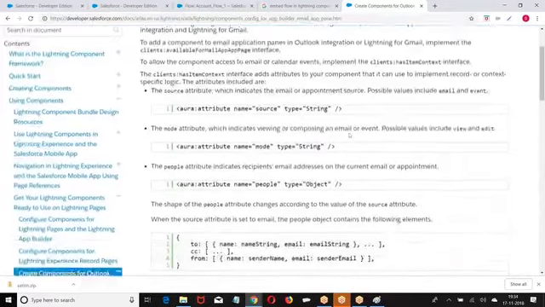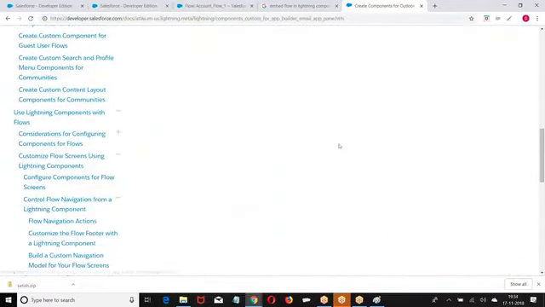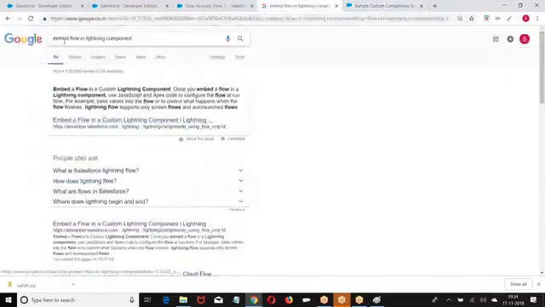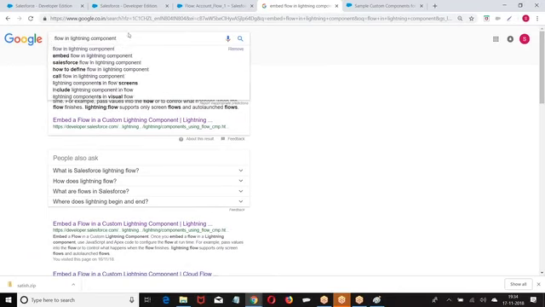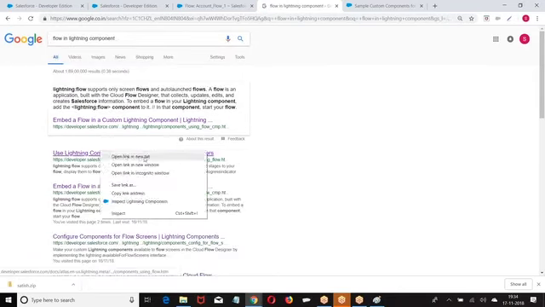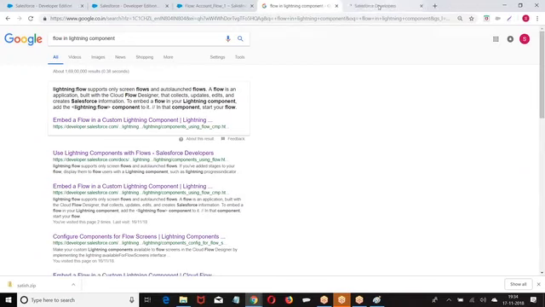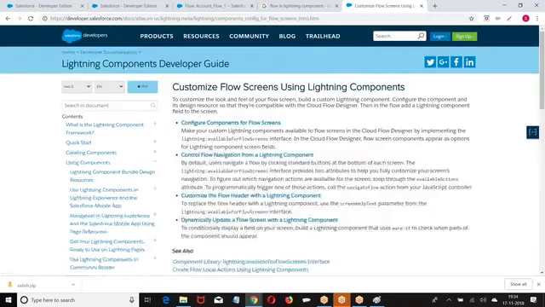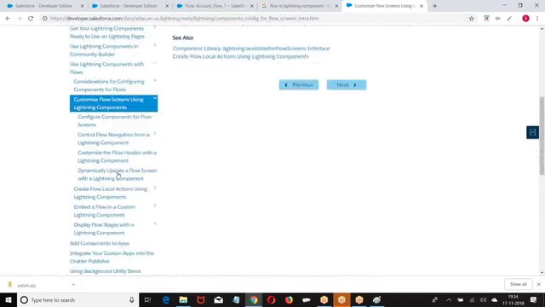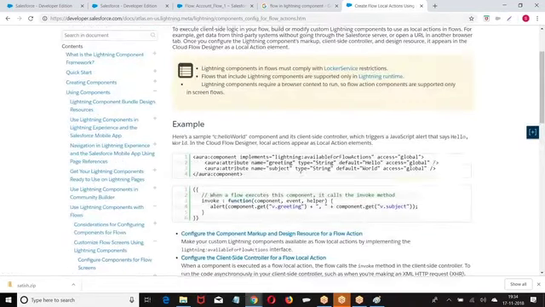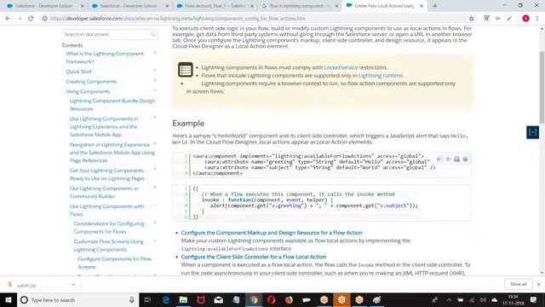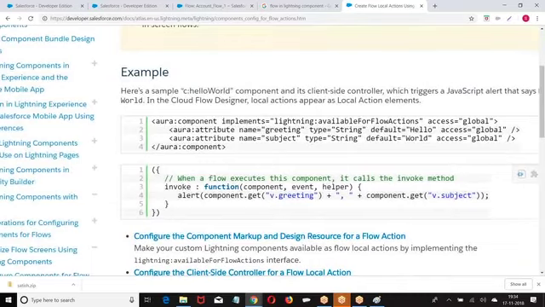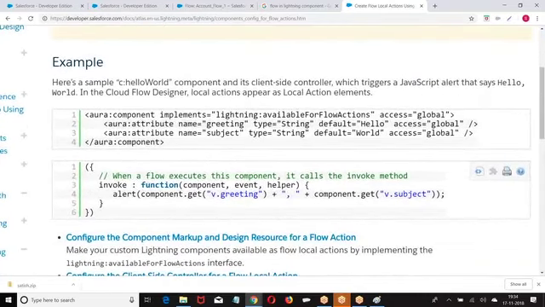Let me give you the structure here. Okay, let us look at this first.